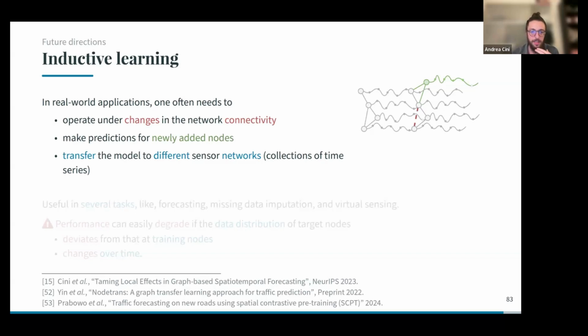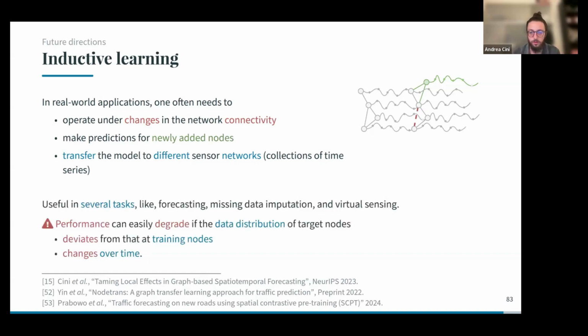some adaptation in order to apply our model to these new settings, or even transfer the entire model to a new network. This is useful not only for forecasting, but all sorts of applications related to this type of data. And of course, as we change the data that we are dealing with, this can also incur performance degradation. That is what we are trying to